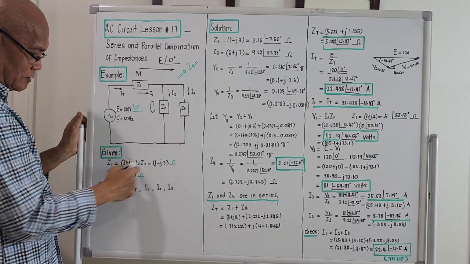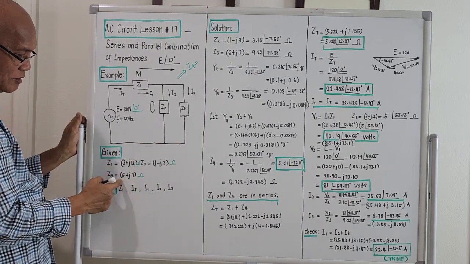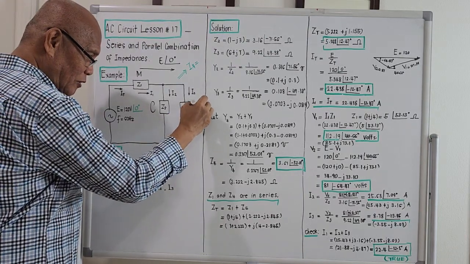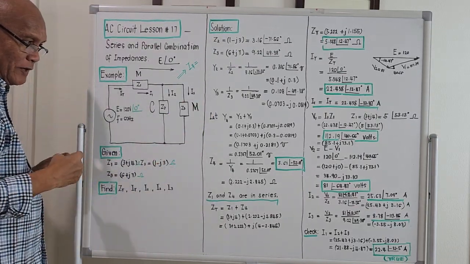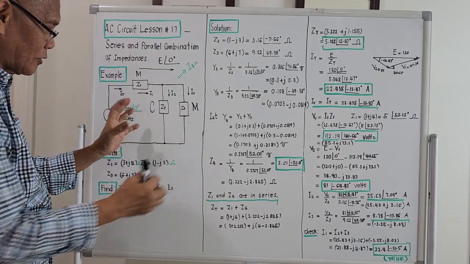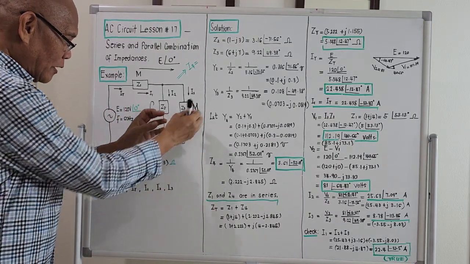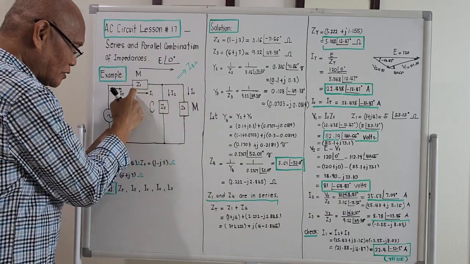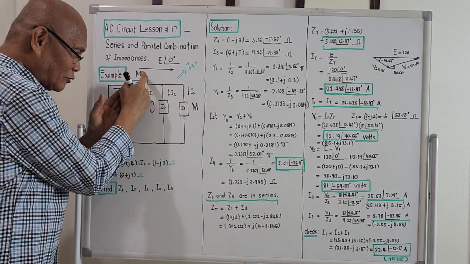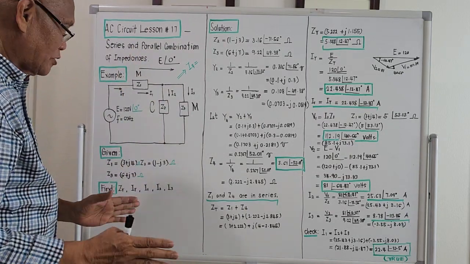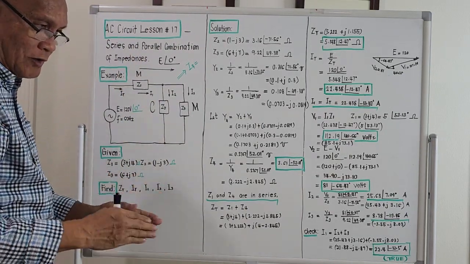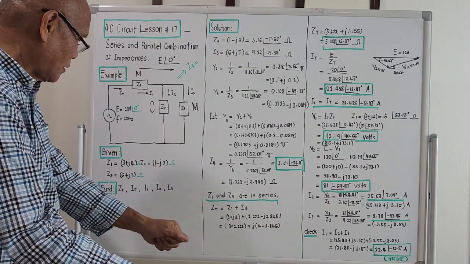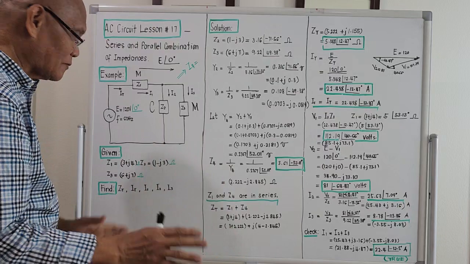The third one is Z3, with the value of 6 plus j7, it is plus, so this could be a motor load maybe. So this motor and capacitor are connected in parallel, and the combination of this, if you compress it into one, is in series with Z1, which could also be a motor load maybe. Since the solution of the problem is a little bit long, just to illustrate how to bring out the computation, I will just ask 5